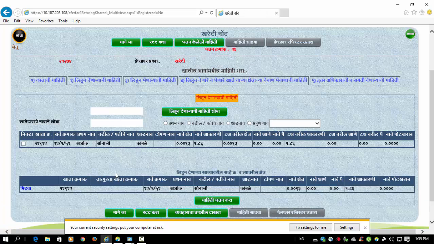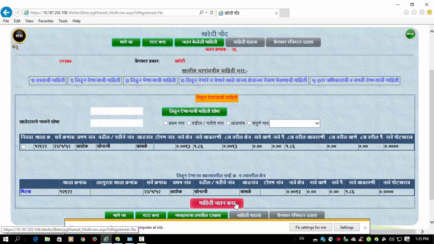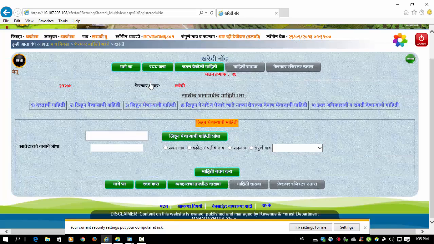Now the process is going on. We have selected the land of Ashok Sonaji Kamble. That area is 0.0093. Now we have selected. Now we will go for लिहून घेणार, that is the purchaser. He may be new, or he may be an existing landholder of that village.